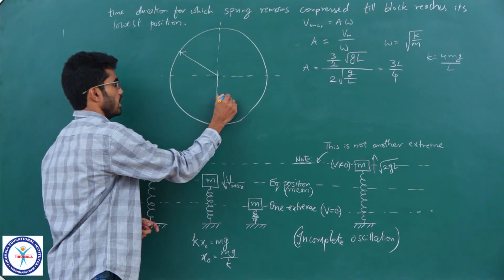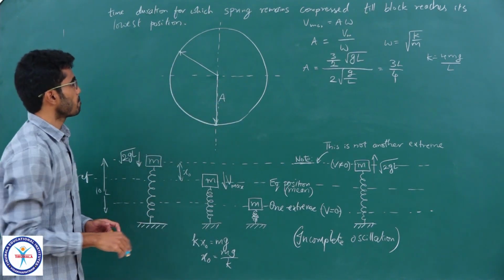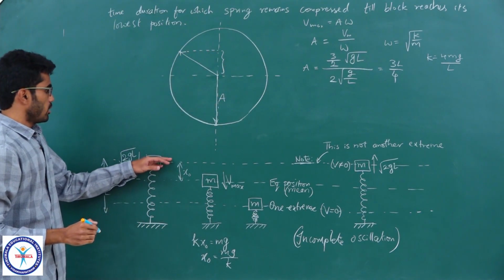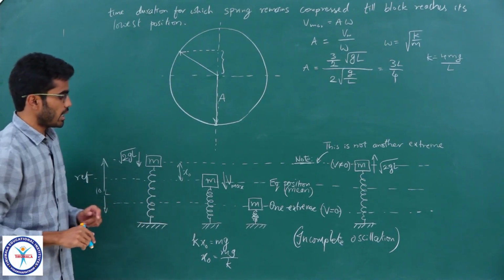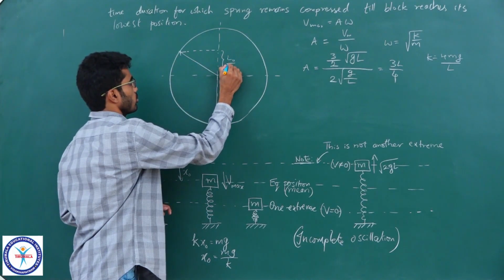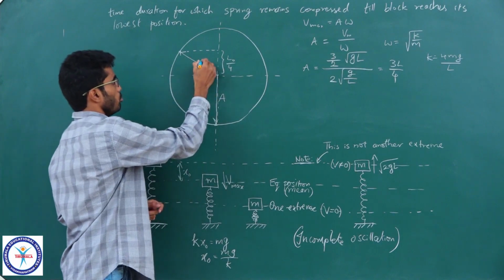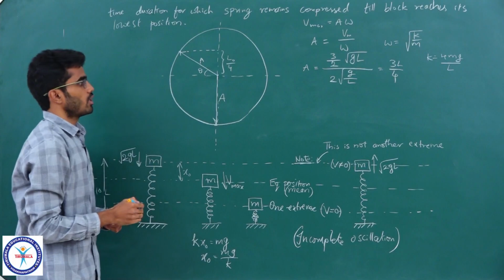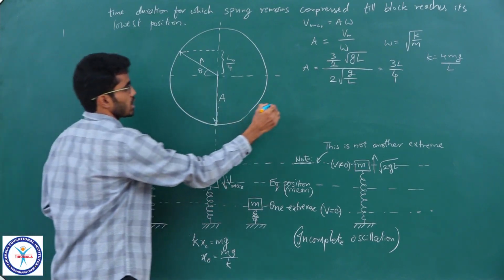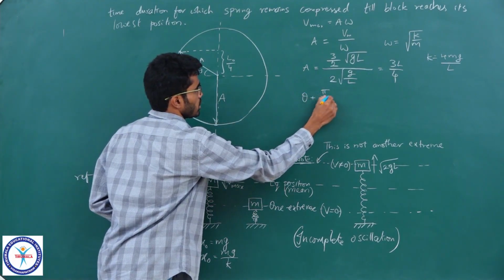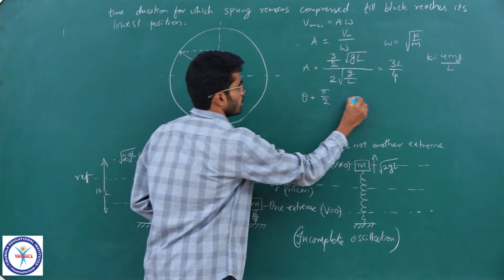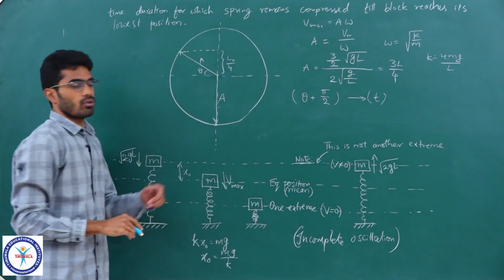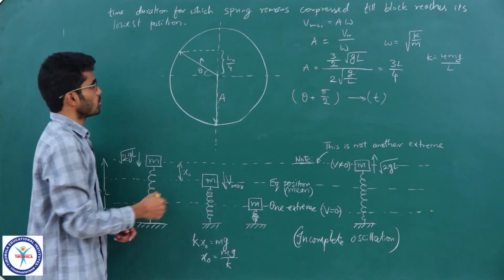So, the phasor's length will be 3L by 4, and it is coming from a position. The x naught value we have already calculated at L naught by 4. So, making use of this information, we can calculate the angle theta here, and our answer would be the phase covered will be theta plus pi by 2, and we can estimate the total time for this phase, and that is how we will get the answer. So, let us find theta now.